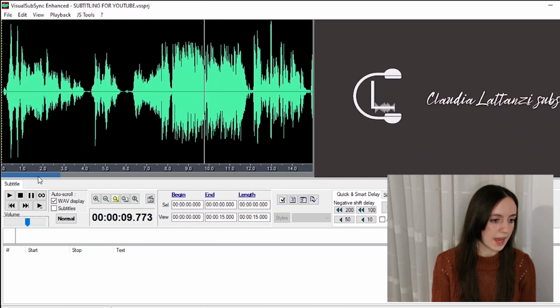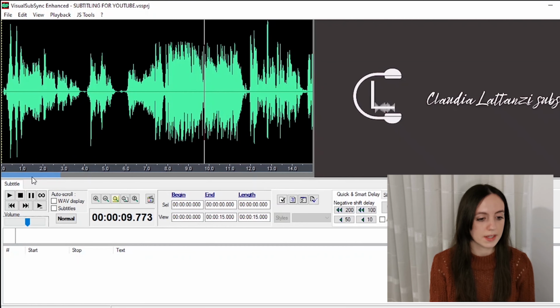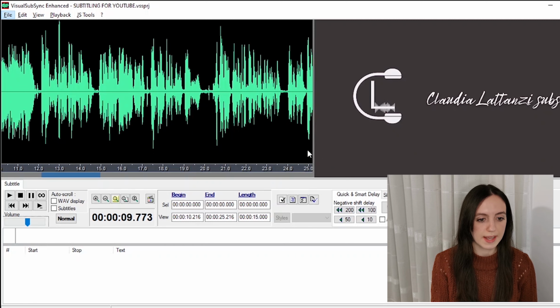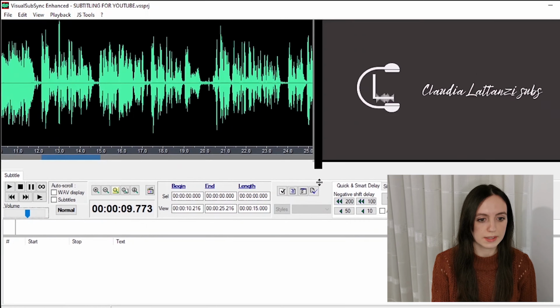You can use this blue line to go forth and back on the sound waves, or you could also use the mouse wheel. If you want to zoom in or out on the sound waves, just hold down the Alt key and scroll the mouse wheel. There are also some gray lines that you can drag as you please to have the layout you prefer. So for example, you could decide to give more space to the subtitles or to the sound waves or to the video. And this is more or less the kind of layout that I usually use.